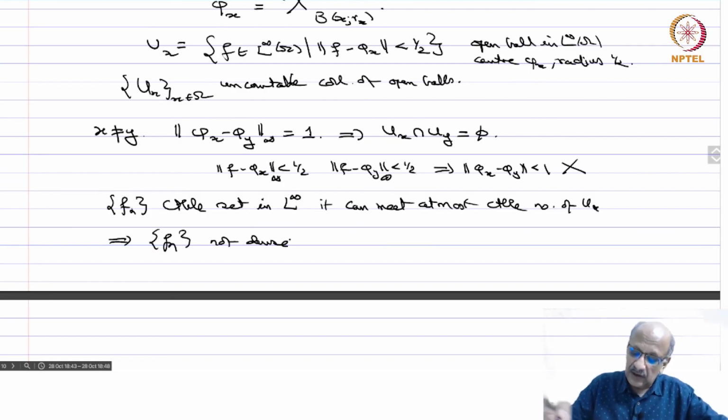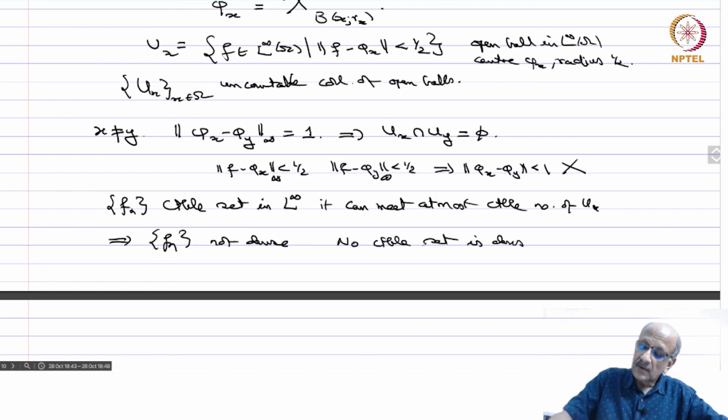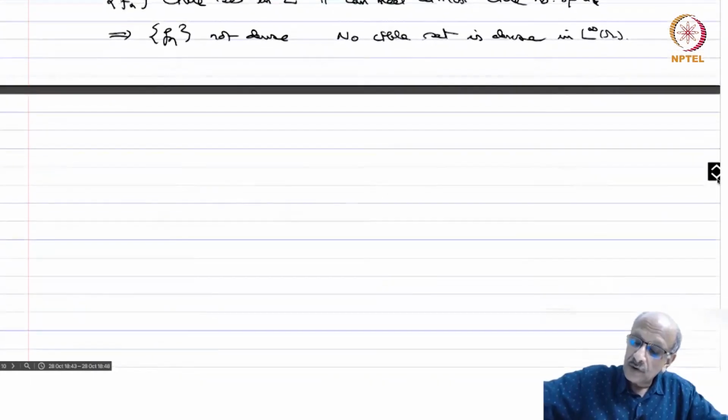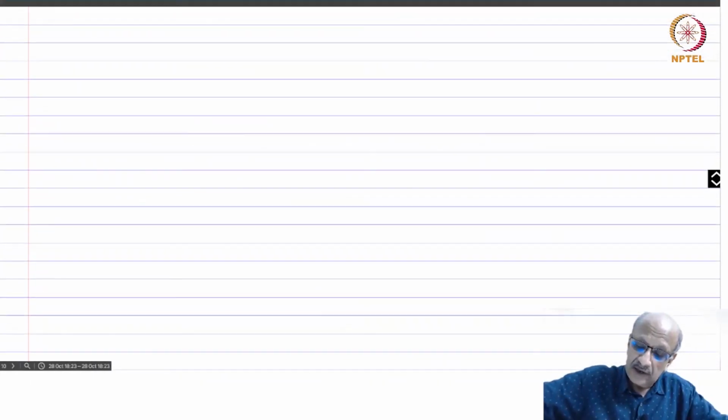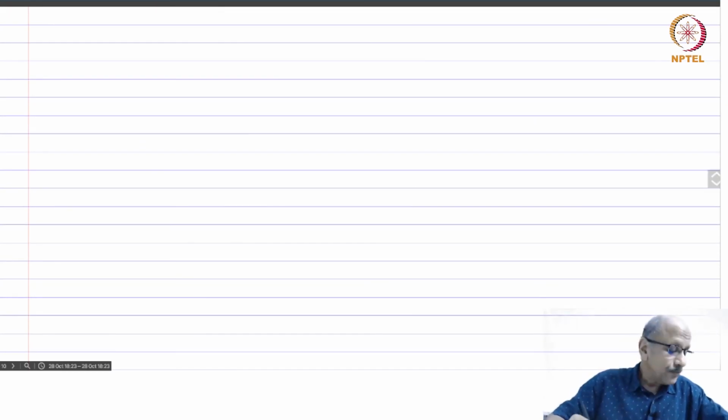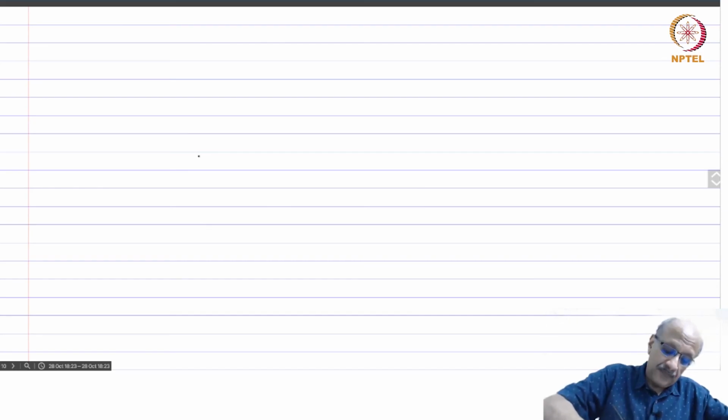They won't meet this set at all, and therefore no countable set is dense in L infinity, and therefore L infinity cannot be separable. Okay, so we have shown that, studied the separability of the thing. We saw the reflexivity of some of the L^p spaces, and so now we are going to